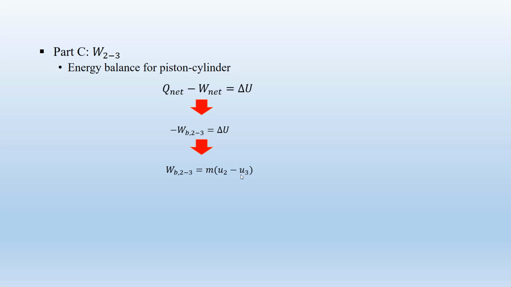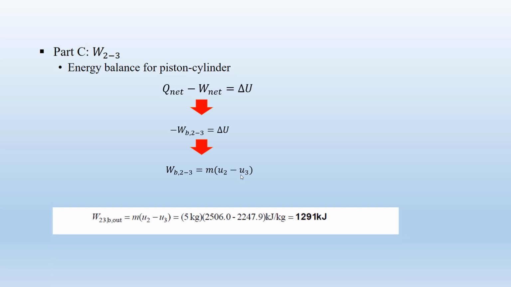So what you need to do to find the W boundary 2 to 3 is find the internal energy U2 and U3, and you already found them in the first part. So you have U2, U1. If you substitute here, you can calculate the W boundary. Okay, so